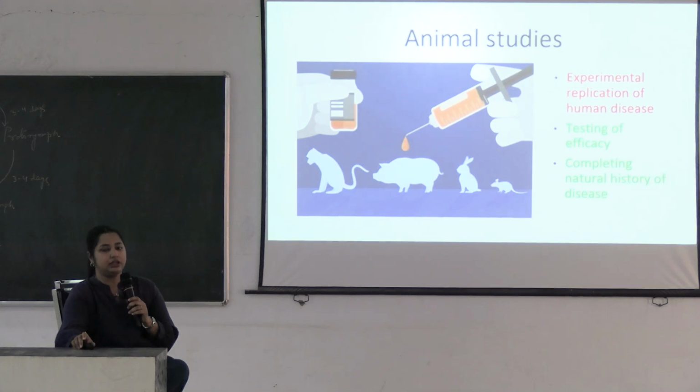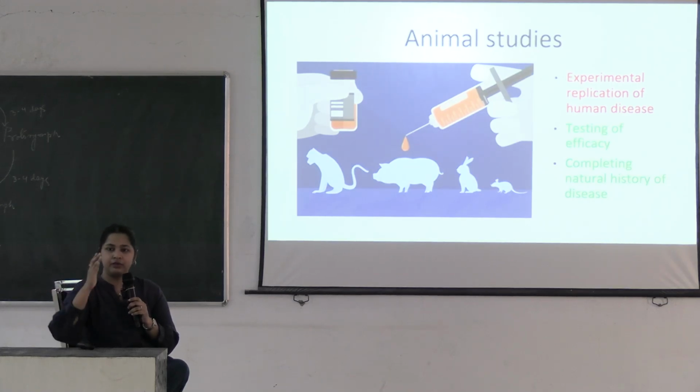Any experimental study or any very new drug or vaccine that is introduced in the human population first starts with animal studies. This is like in a clinical trial, where if there is a testing of a drug or a vaccine, that is usually called a clinical trial. Whatever new vaccines are being developed around the world, as you sometimes hear, there is a dengue vaccine, malaria vaccine, COVID vaccine, all these trials that go on.